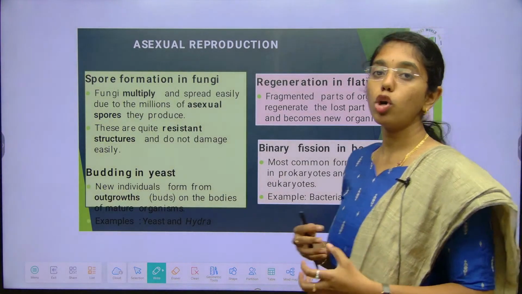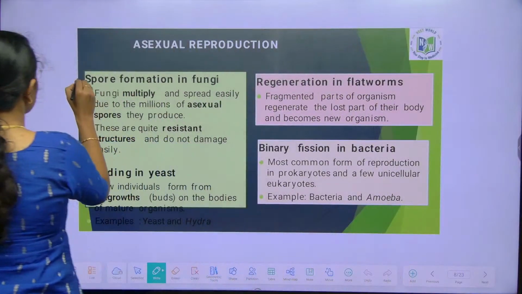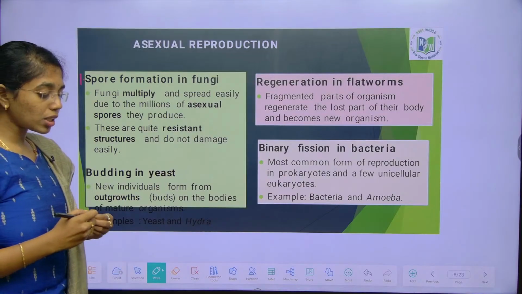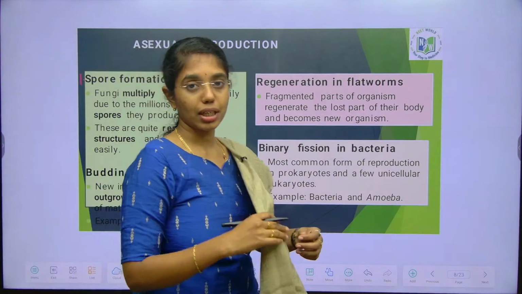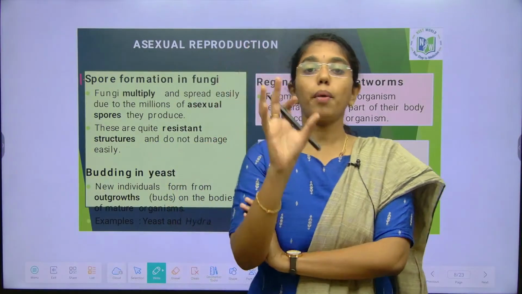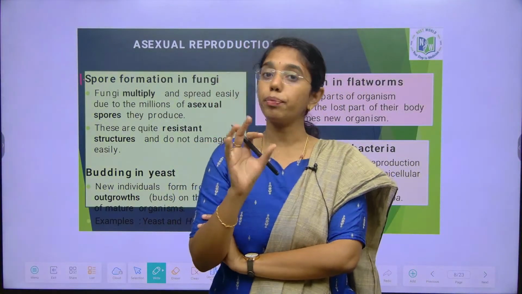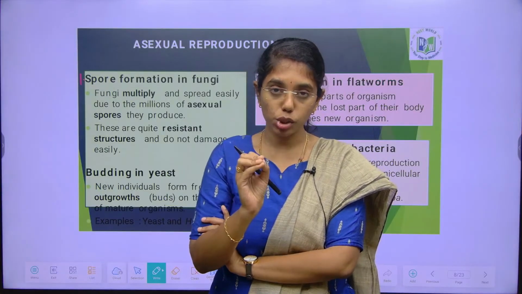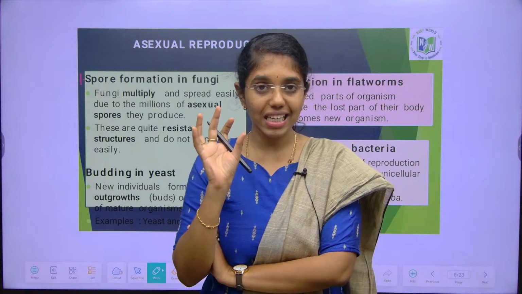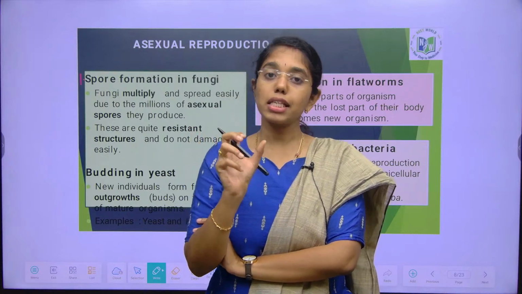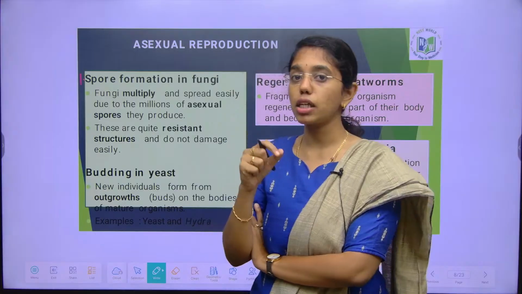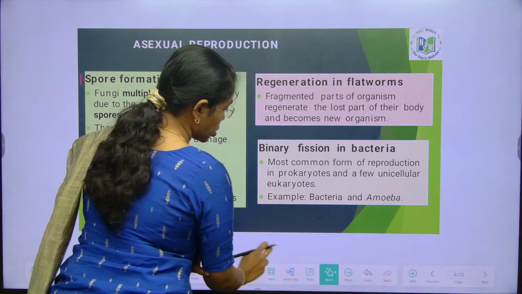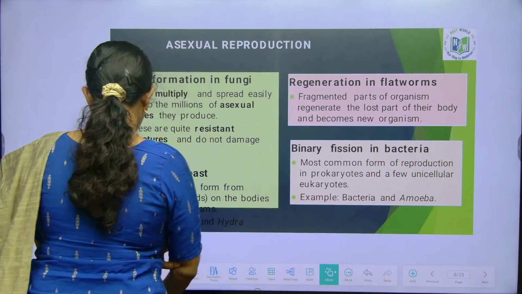What are the different modes of asexual reproduction? First is spore formation in fungi. When you are dealing with the concept of fungi, which comes in biological classification, the major topic you have to stress on is reproduction. In fungi, you will have sexual reproduction and asexual reproduction, both facilitated by spores. Asexual reproduction is facilitated by certain spores, like the spores which facilitate asexual reproduction in fungi, including